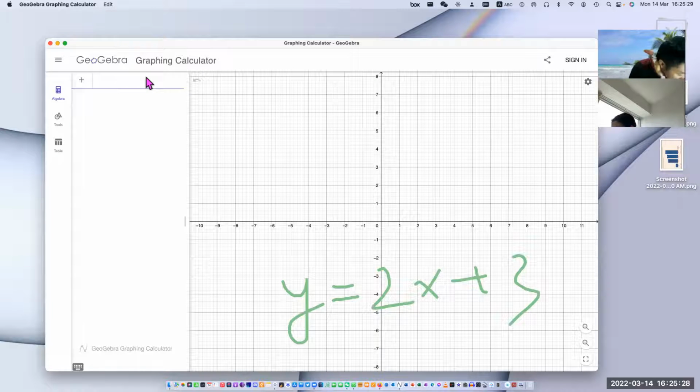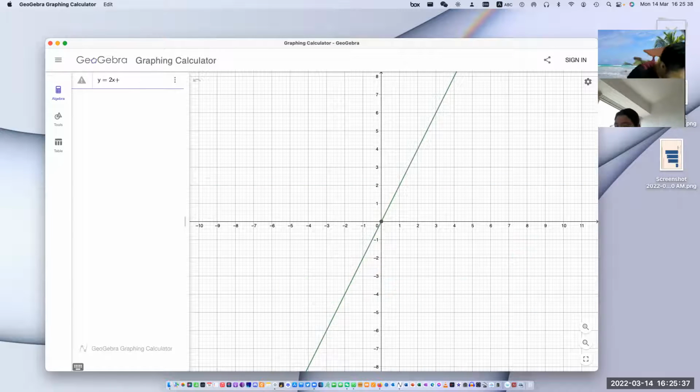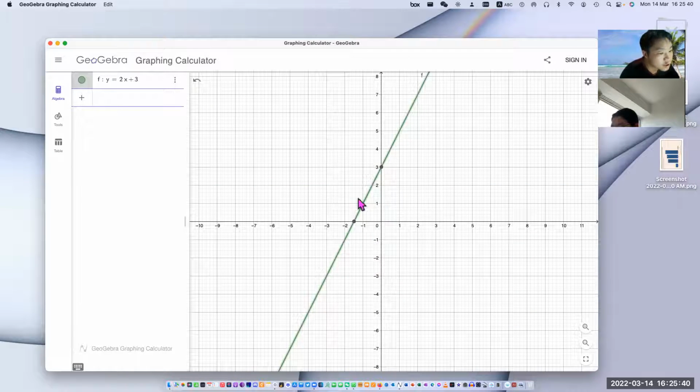You just key in y equals 2x plus 3. Done. This is the one. That is how quickly you can use the GeoGebra app to graph the straight line. All right. So if you don't want to use the GeoGebra app, which is a real time saver, real handy, then what